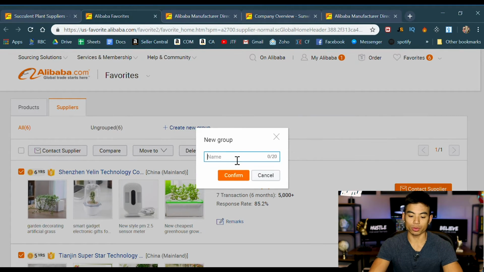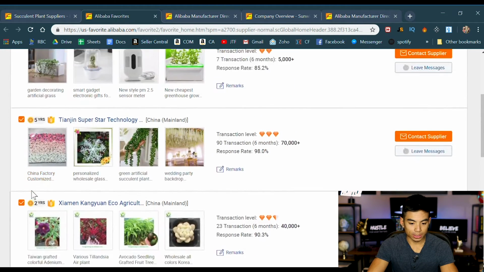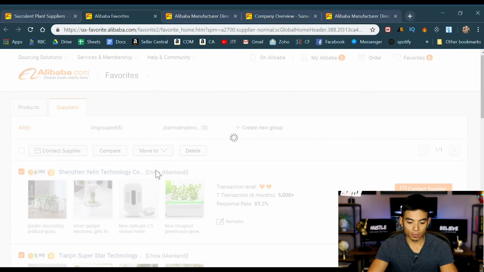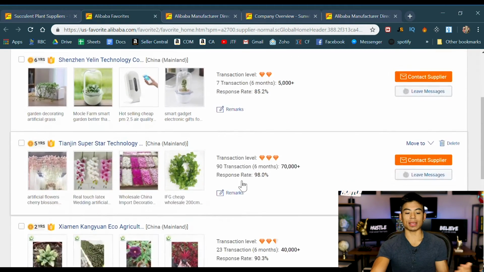So the first thing you have to do is create a new group. So let's just say plant sample round, or whatever. I don't know. You can make whatever name you want up, right? Confirm that. And then all you gotta do is, once these guys are clicked, you go move to plant sample round. And now you know exactly what stage your suppliers are at,